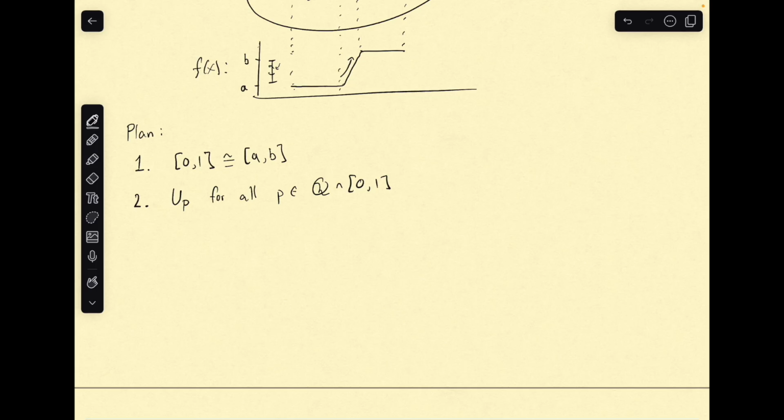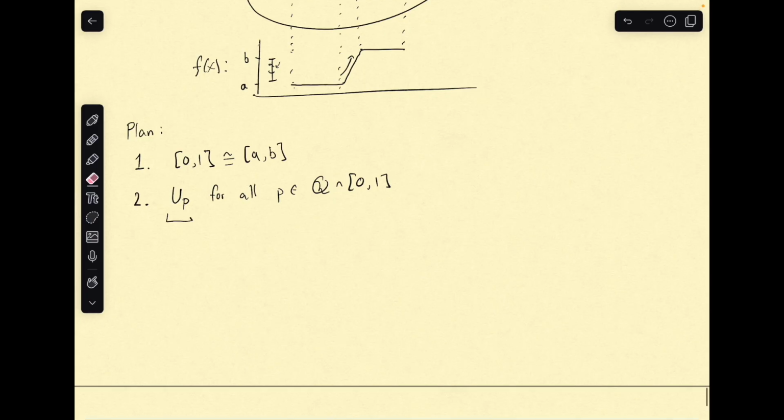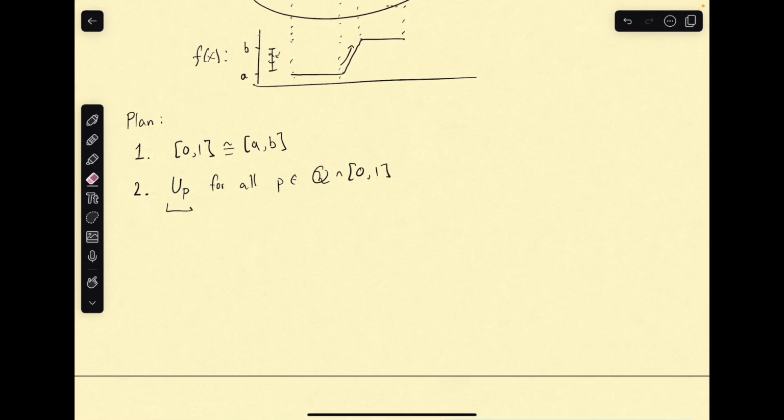And we need to use a countably dense subset here for two reasons. Firstly, we need it to be countable so that we can define U of P inductively, and then we need it to be dense so that we can actually construct a surjection in terms of these sets. And these sets that we're going to construct need to meet a particular property. In particular, we need that P less than Q, where P and Q are both part of this subset, should imply that the open set for P is contained in the open set of Q. Or excuse me, the closure of the open set